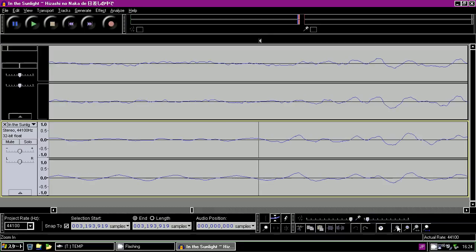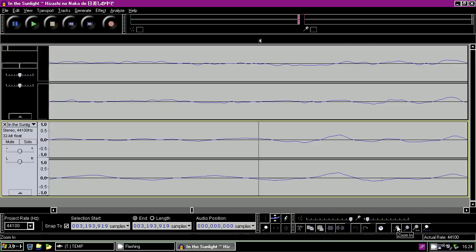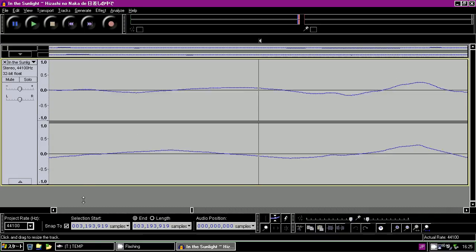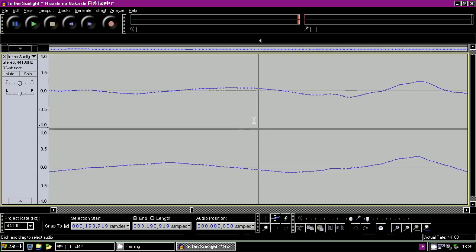Going to look for an area that's as silent as possible. That'll work.